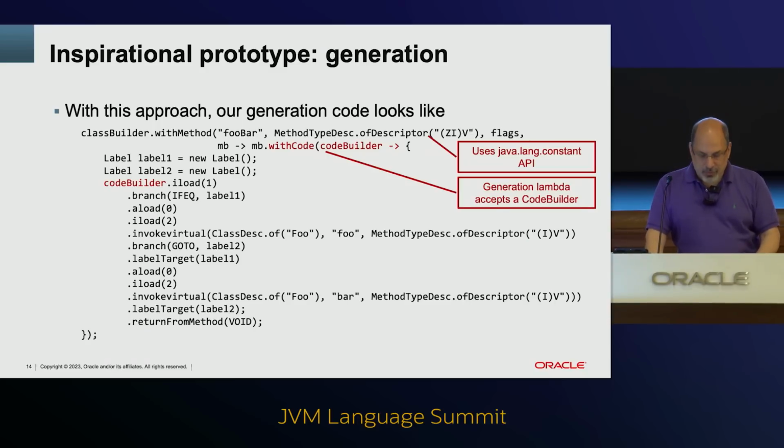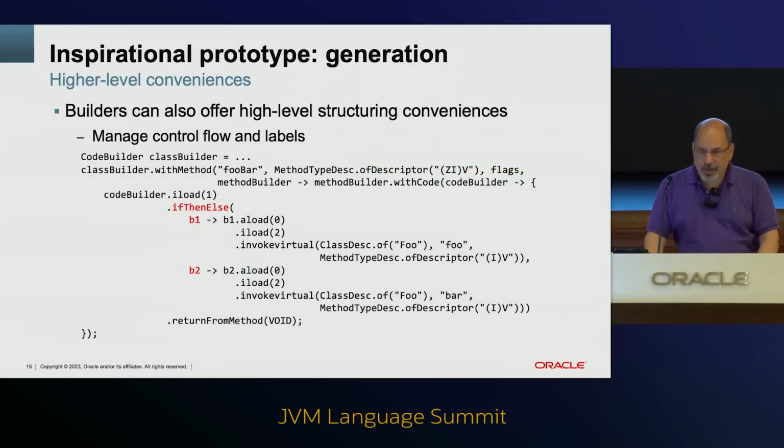But with this, we can sort of up-level a little bit. So we can offer high-level structuring conveniences that will deal with label generation and branch generation and reachability analysis and control flow. And so there are higher-level builder methods for if-then-else. And what does if-then-else take? It takes two lambdas. What does each lambda take? Another code builder. And each of those code builders is specific to the environment in which it's generating code,